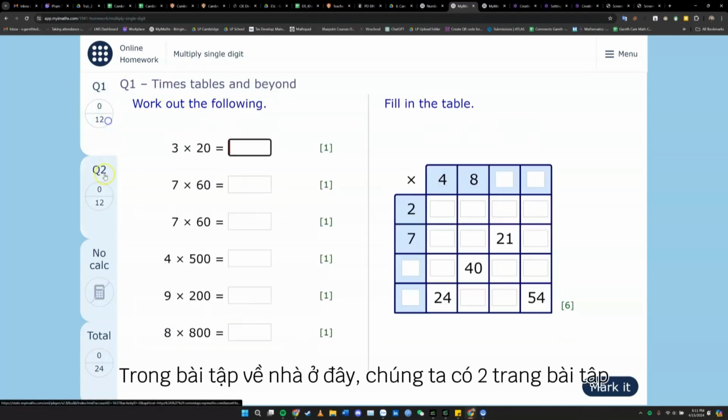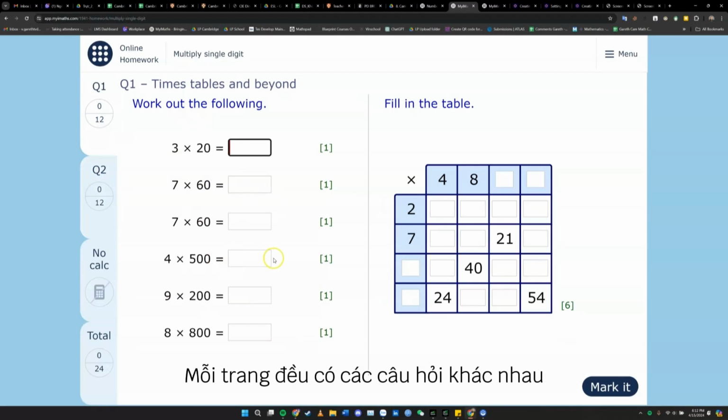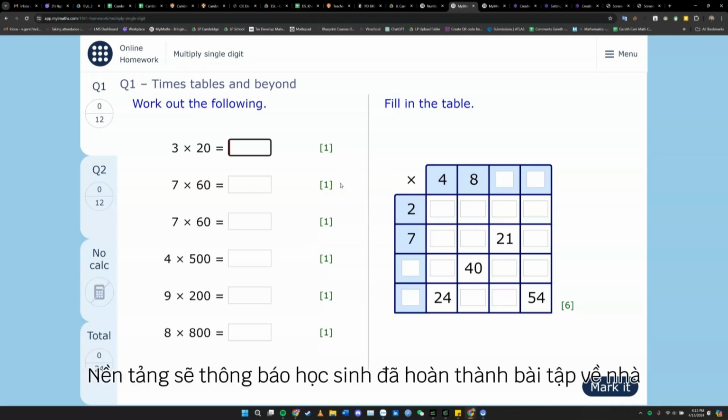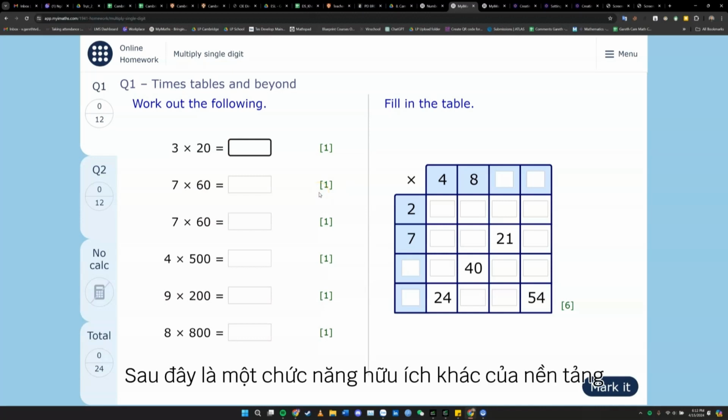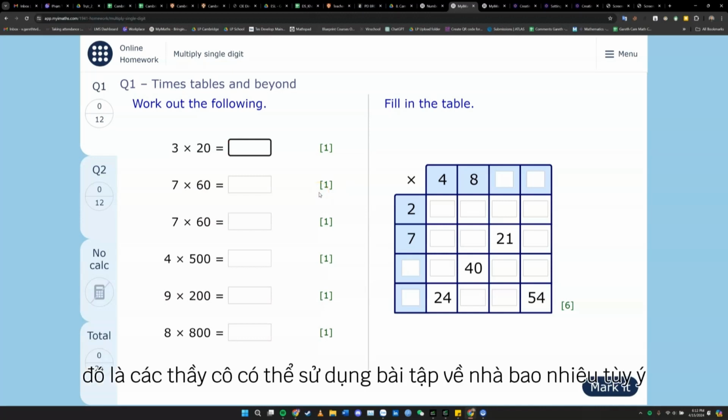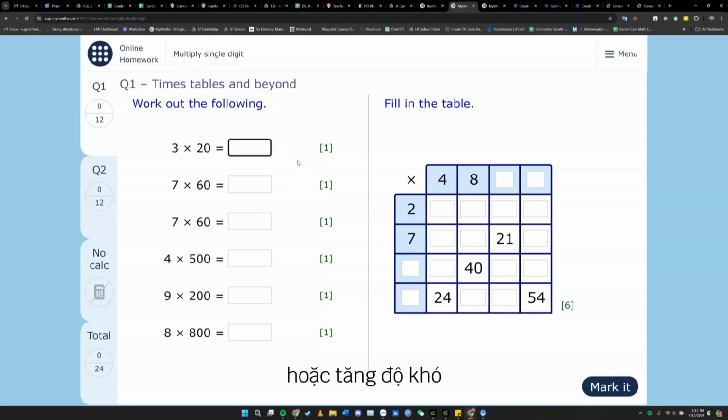Here we have 2 worksheets, and each of them have various questions that the students will answer. And once they have fulfilled their answers and reached the requirement, they will then show it as completed on their homework. So this is another nice feature for the platform, is that you can apply the homework as much as you want, and you can repeat it, or you can increase it in difficulty by changing the level in the